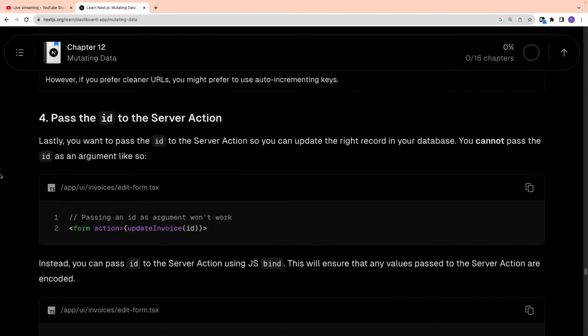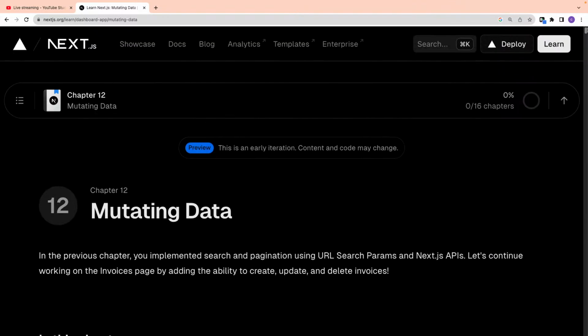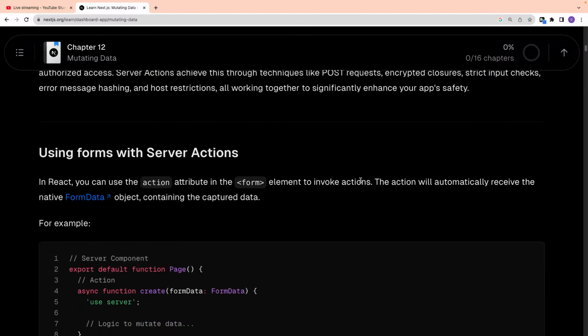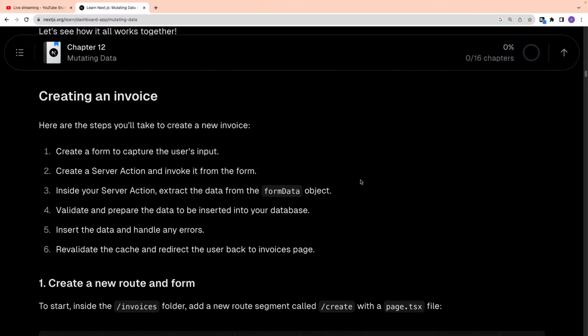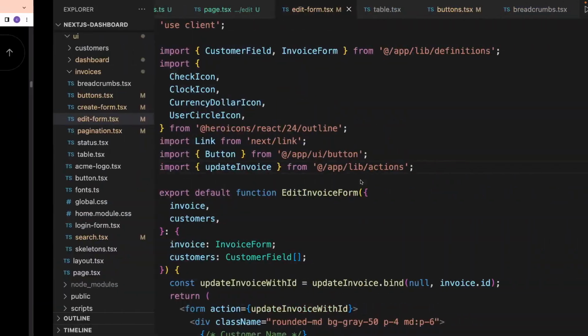So in yesterday's stream, we were at chapter 12, mutating data. We have created server actions, then we have used them with the forms, and we have created a